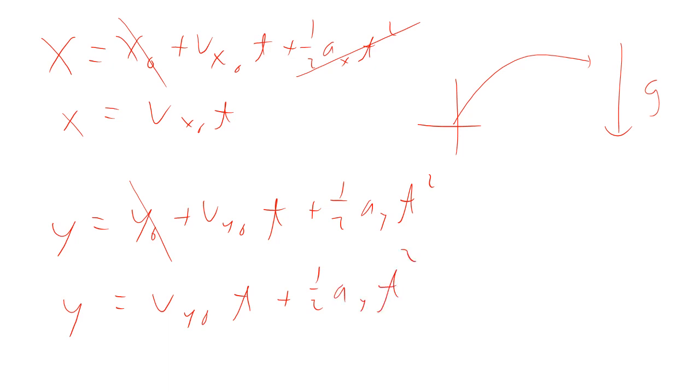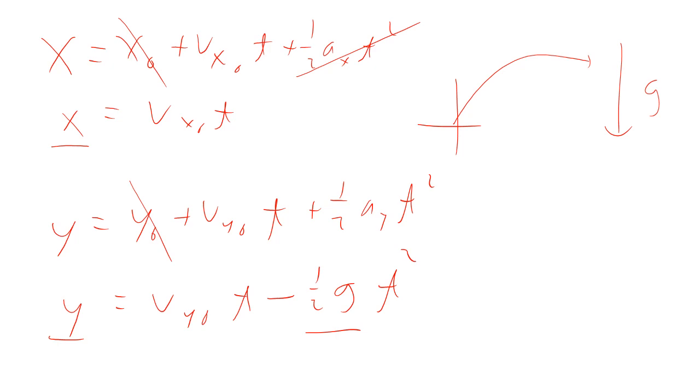We say, what do we know? We know x, we know y. If I say up is positive, then we can actually go back here and say that a y is minus g, so that means we know this. Well, gosh, we look at it and it looks like a problem here. We don't know enough stuff. And so what do we do? Well, we look at it and say, well,